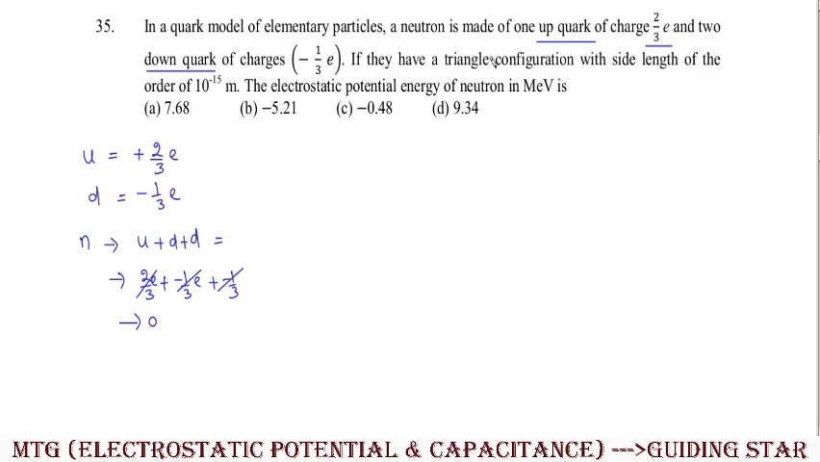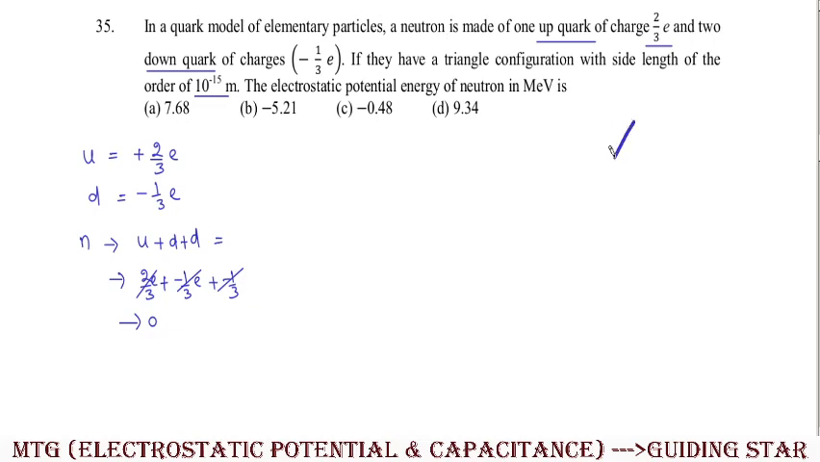If they have a triangle configuration with side length of the order of 10 to the minus 15 meter, the electrostatic potential energy of the neutron in million electron volt or mega electron volt is. So it is asking for the potential energy of the neutron. So here what they are saying,